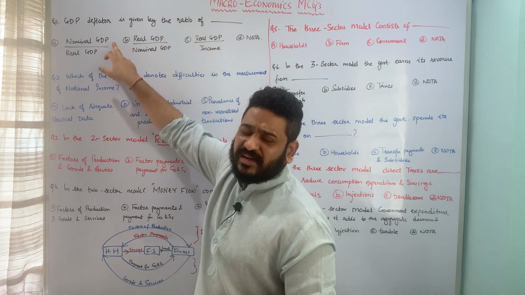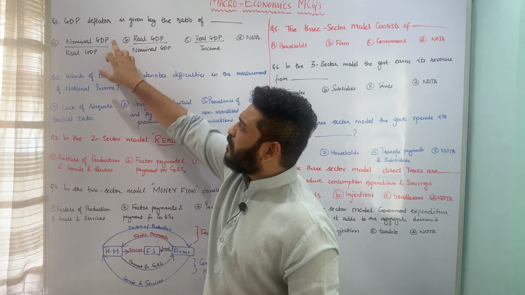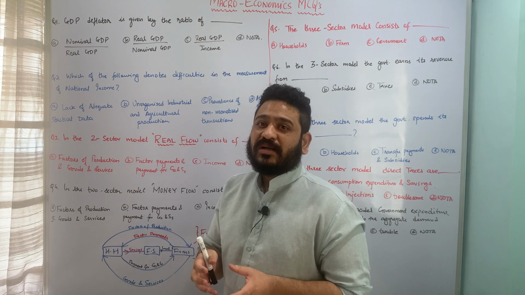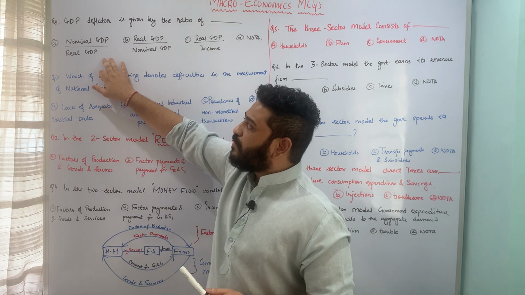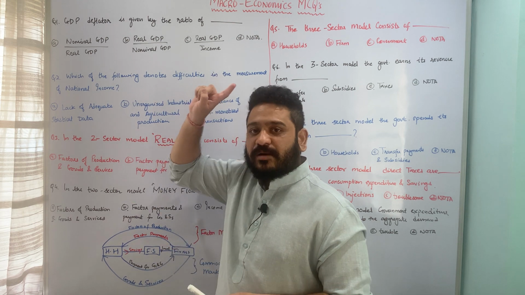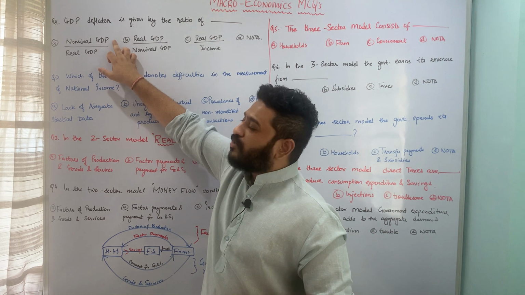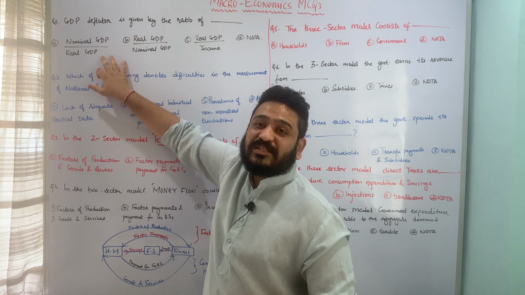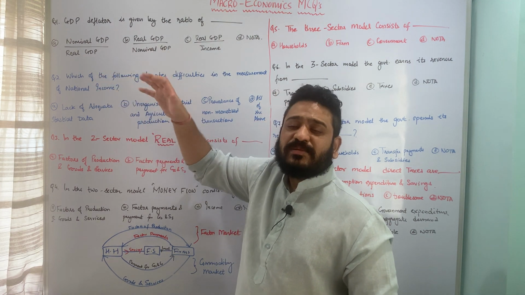In my previous lecture, I have dealt with this concept of nominal GDP and real GDP, but again, I'll just recap it. Nominal GDP is valuating the total production at current year's prices, and in terms of real GDP, I am valuing the current year's production at a base year price or a constant year price. So therefore, nominal GDP is also referred to as GDP at current prices, and on the contrary, real GDP is also referred to as GDP at constant prices. So this is the concept associated with nominal GDP and real GDP.